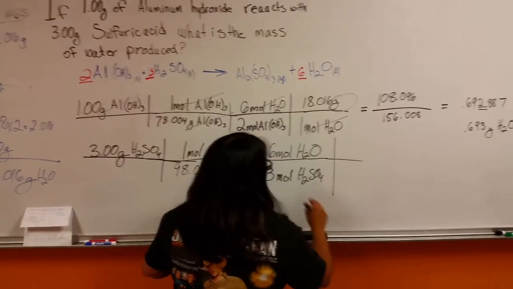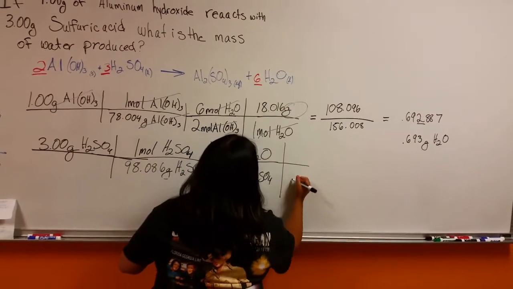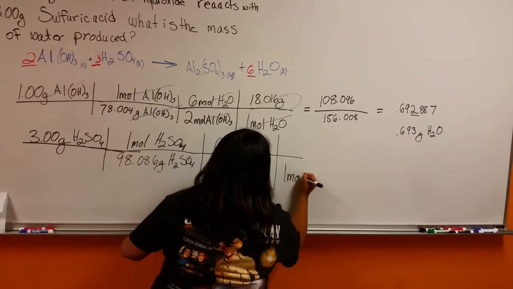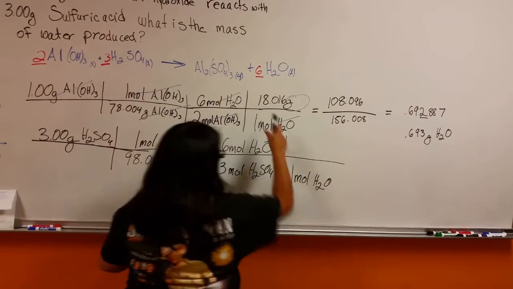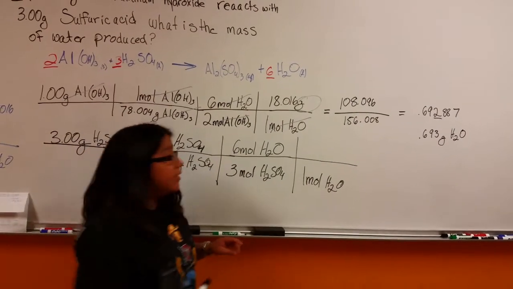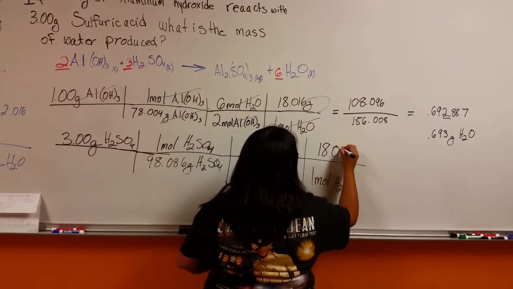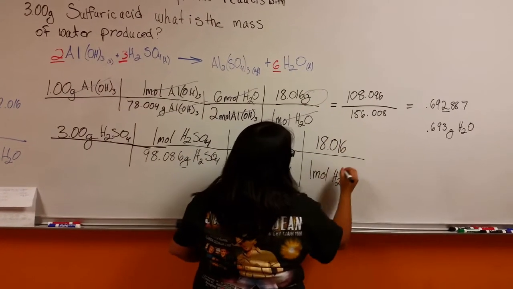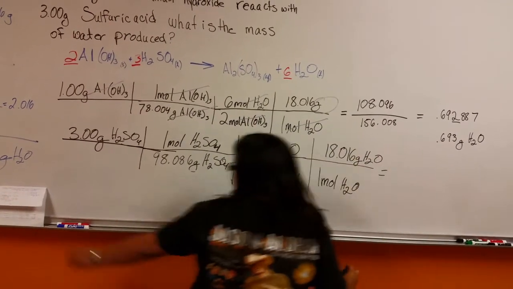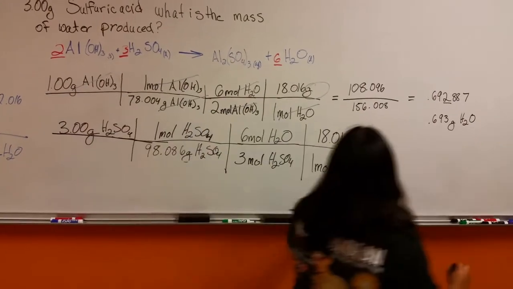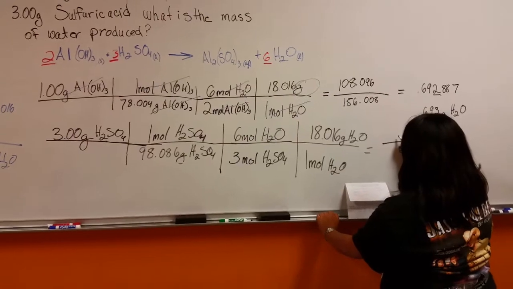We have to once again convert moles of water back into grams of water. So 1 mole of water. And then we can just steal the 18.016 grams that we got from before and put that right in here because it's going to be exactly the same. Saves you a little time. When we do the lovely multiplication on the top, we are going to be